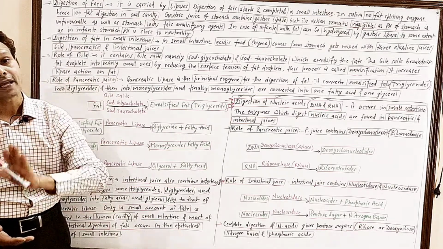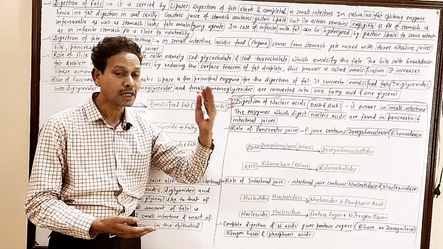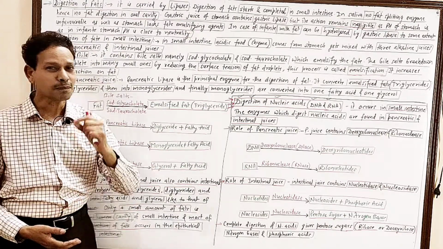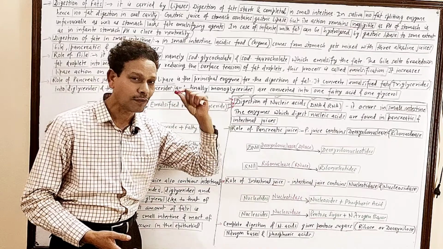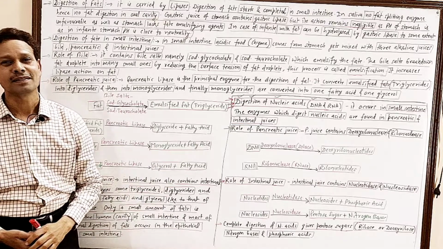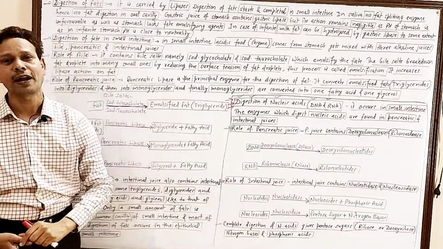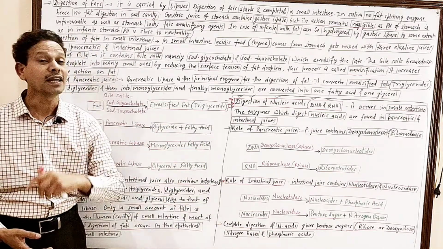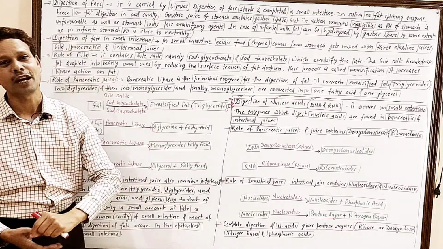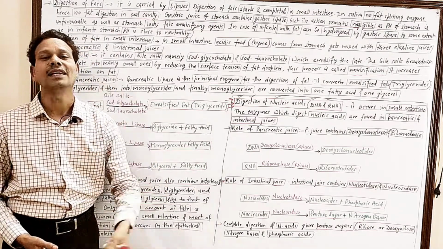These are emulsifying agents. Emulsification means conversion of complex large fat molecules into smaller units. This process is named emulsification, meaning conversion of complex larger units of fats into smaller units. And these smaller units are named emulsified fats, or triglycerides. And the enzyme, particularly the lipase enzyme, acts upon the emulsified fat, on triglycerides.